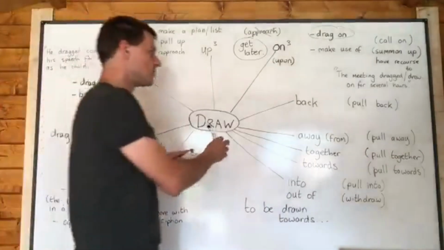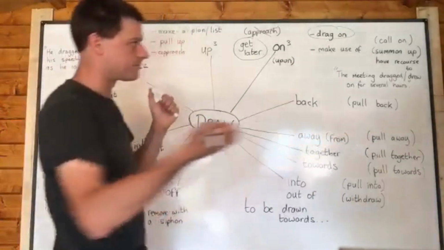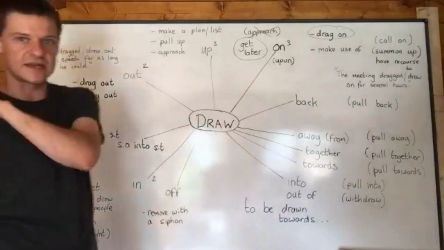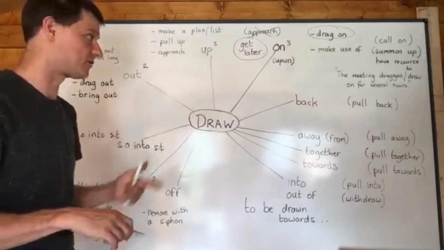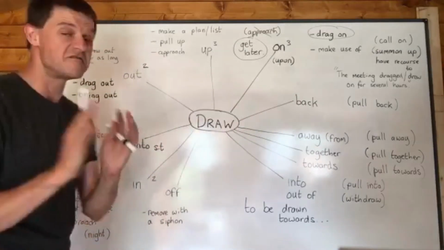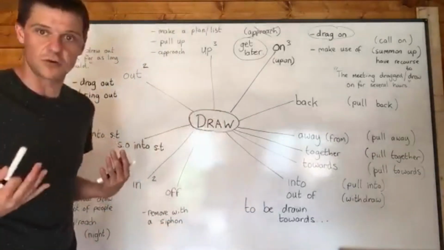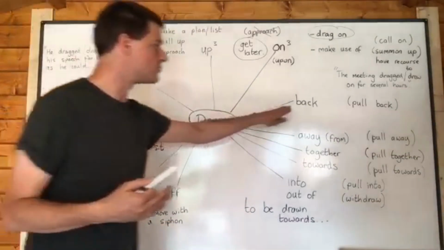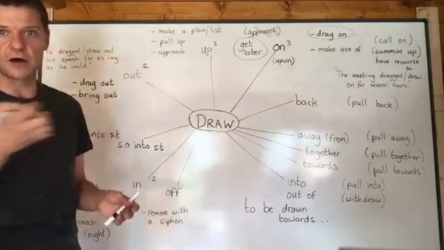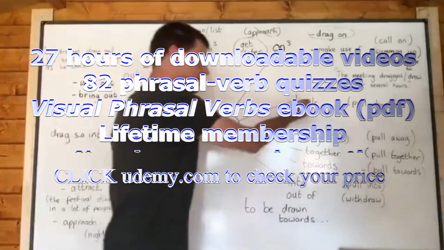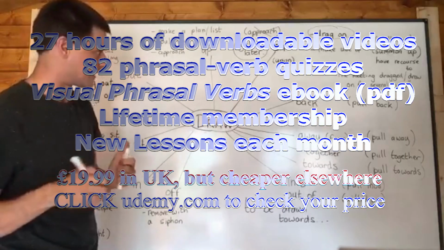Okay. We can also say draw back, meaning pull back. If something draws you back, it pulls you back, it attracts you in the other way. And I want you to remember here that we have benefits and drawbacks. Drawbacks are disadvantages, very similar to setbacks. If you suffer a setback, then it's a drawback in some kind of way. So a drawback would be a disadvantage. But if something draws you back, it pulls you back, it holds you back. So it can certainly be used meaning to attract someone back here, or to pull someone back.